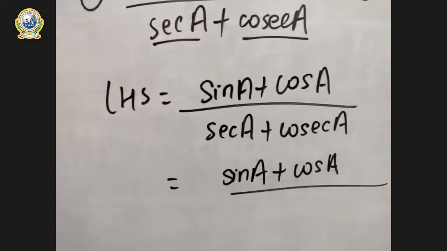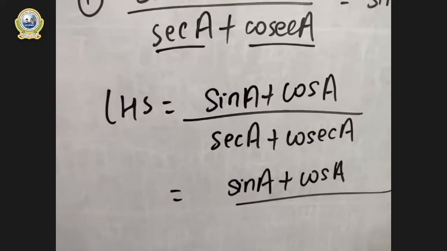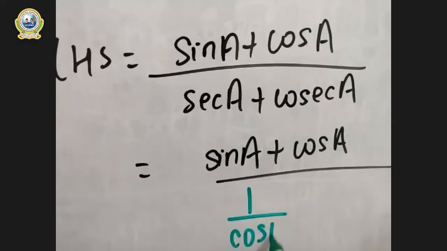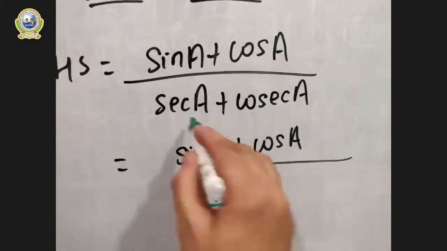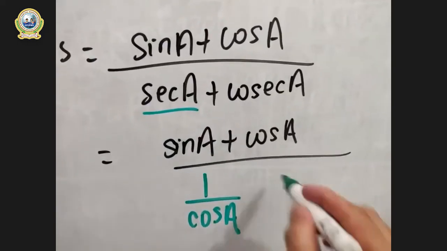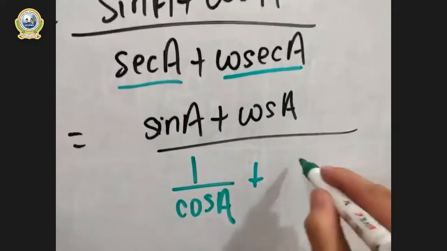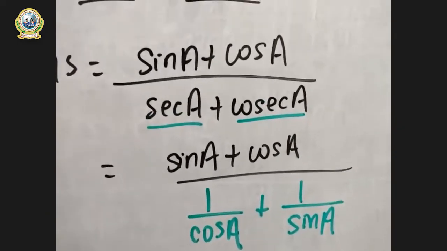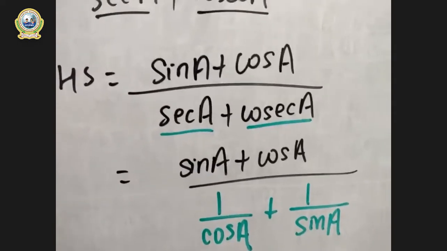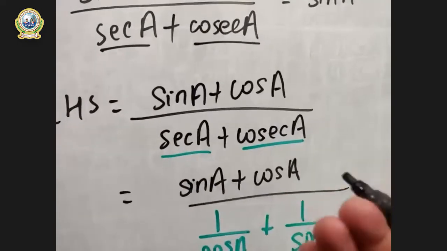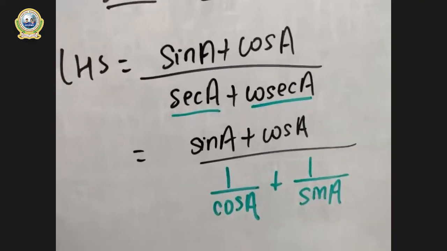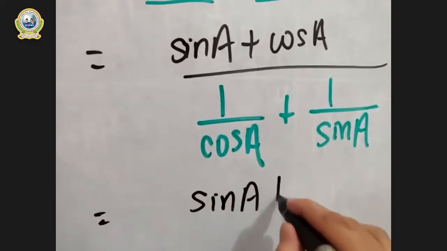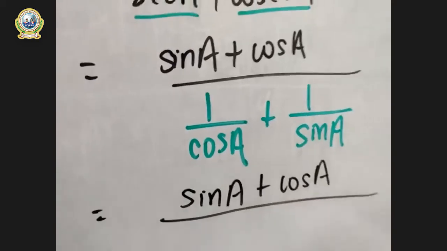But we have the formula of sec A, right? Sec A means, write the reciprocal formula, sec A means 1 by cos A. I have written it in green color, okay? The formula of sec A is 1 by cos A. Similarly, the formula for cosec A is 1 by sin A. You remember this, right? This is our basic formula. And I repeat again, before starting the exercise, please revise the list of formulas that I had given to you, okay? Now, I think this kind of problem has been solved in your C-Math as well. Now, this is as it is.